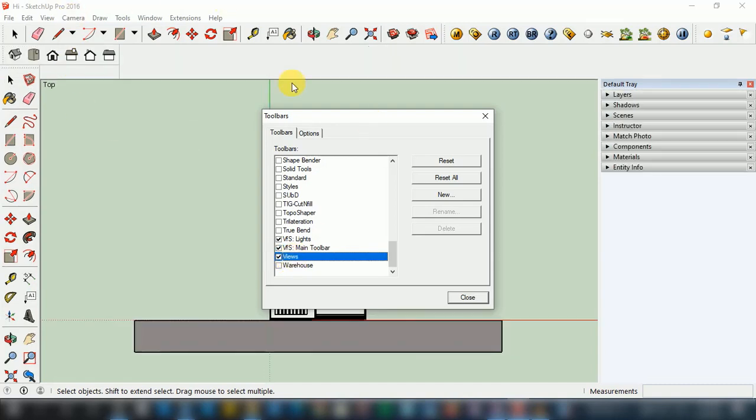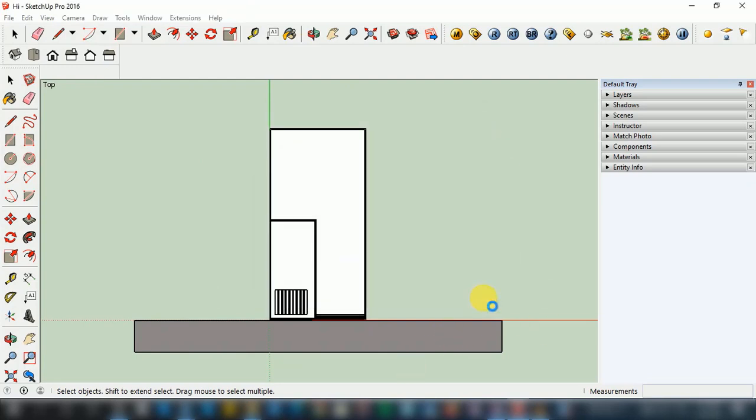Right now it is visible in the user interface, and we need to close this toolbar.